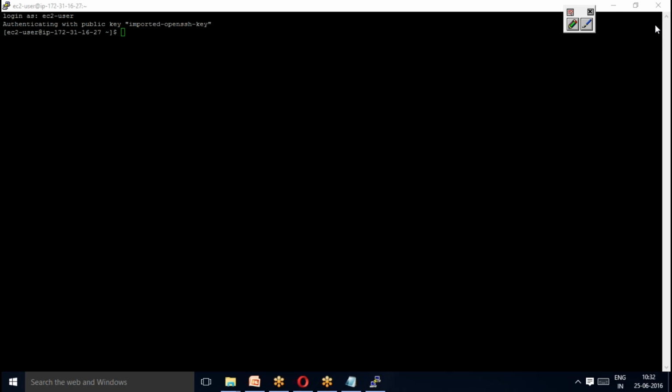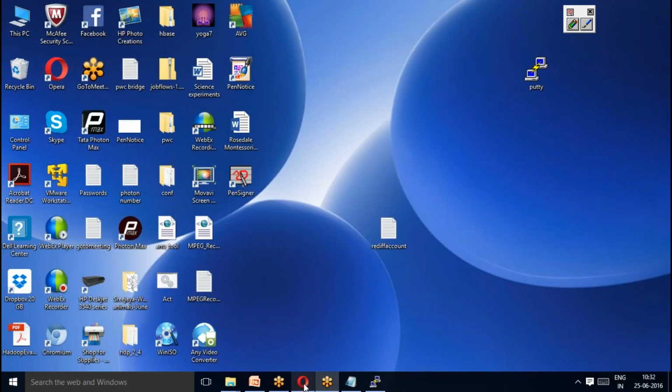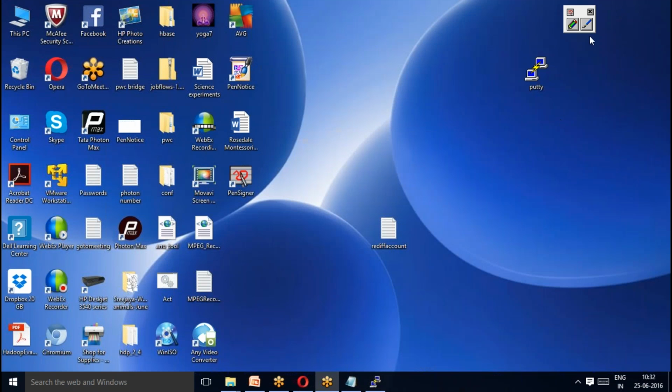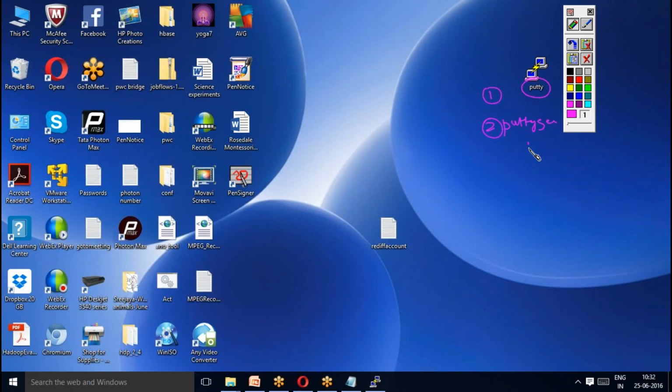I hope you have observed this, but just for the sake of recording, once you have installed this and seen the instance launching, what you need to do here is an SSH. For that you require PuTTY and PuTTYgen as well, for converting your PEM file to a PPK file. Converting PEM to your PPK, and then what you need to do,